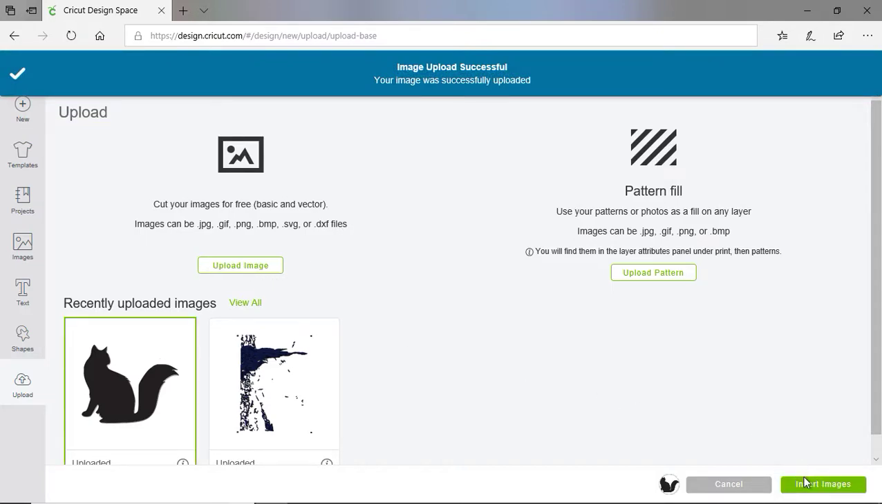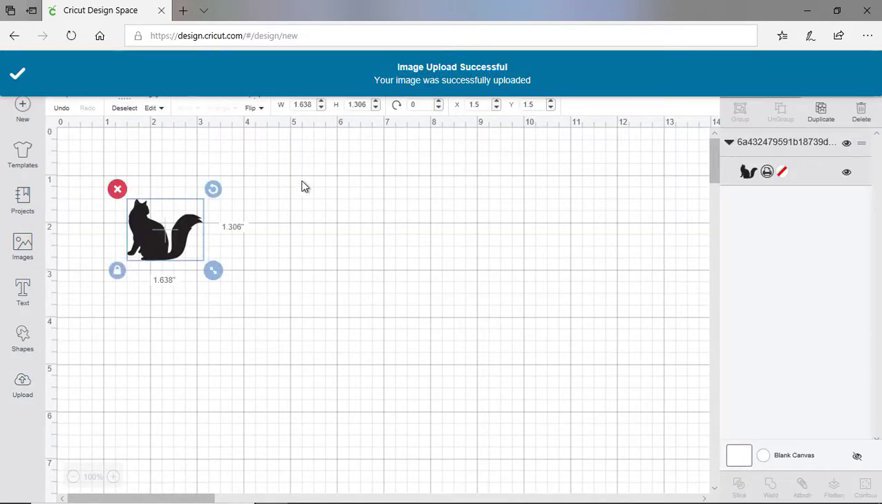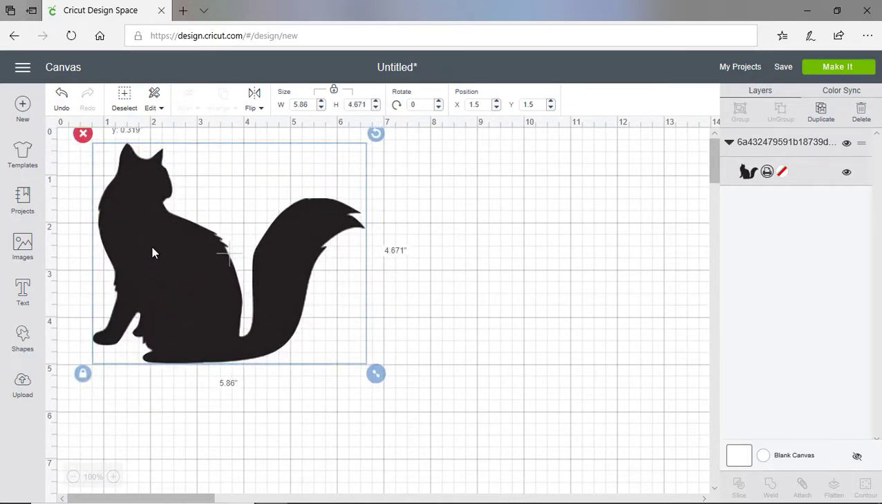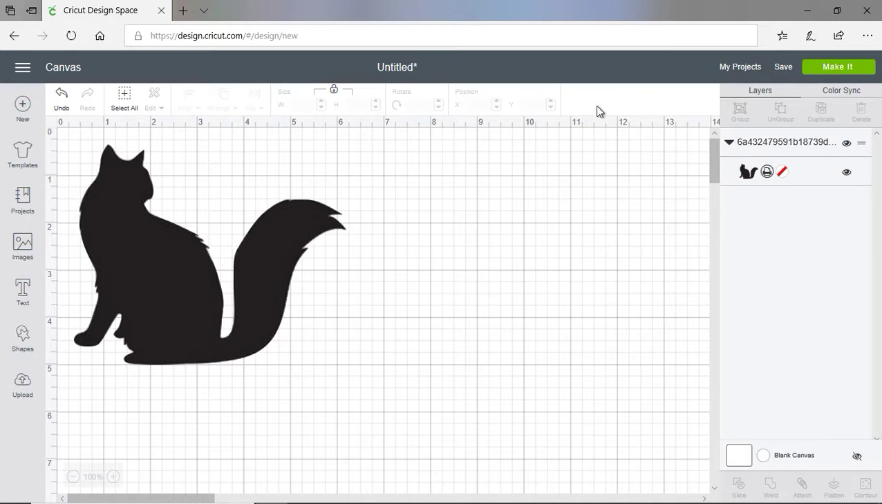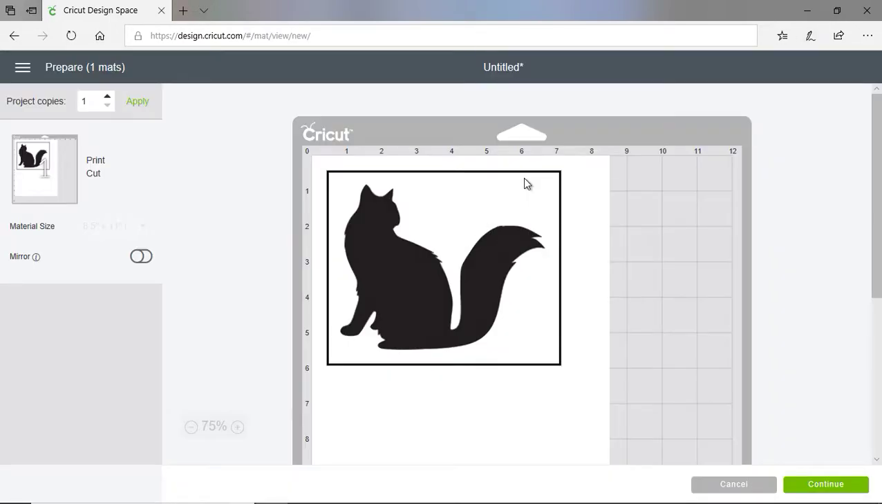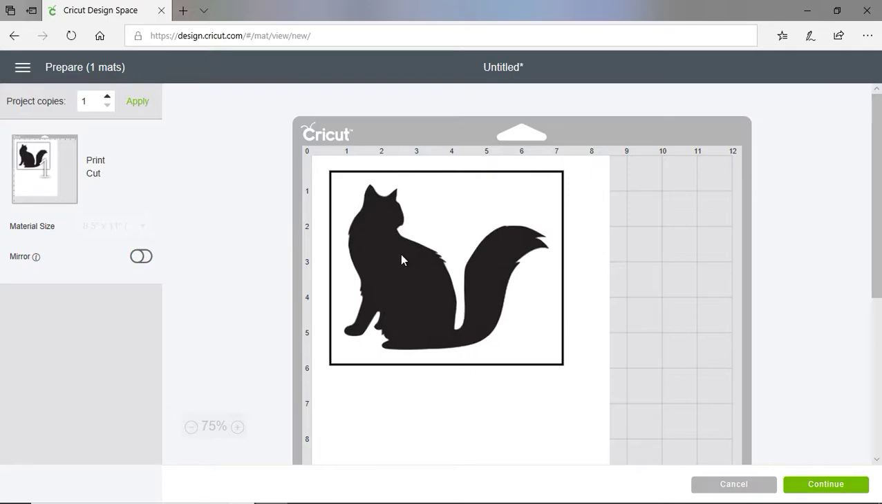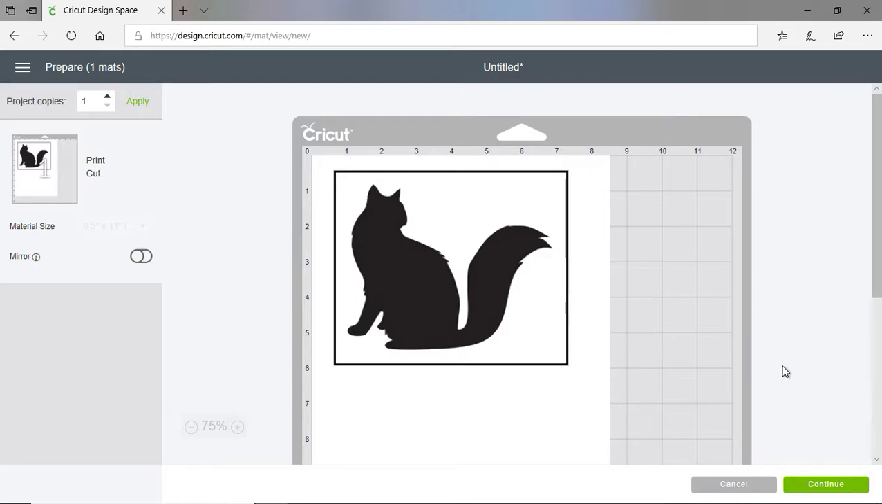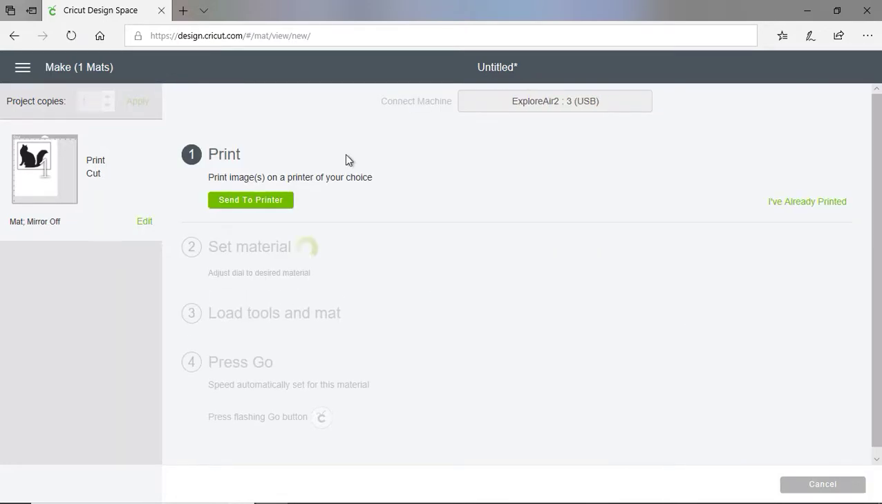We'll go and click insert image. Now here's one of the things that gets annoying. It has you place it here, but now we click make it and it moves it out of the placement area that we had it. So if I want it placed in a different spot, I have to actually move it around. So now we click continue. Now at this point it wants us to load the paper in,